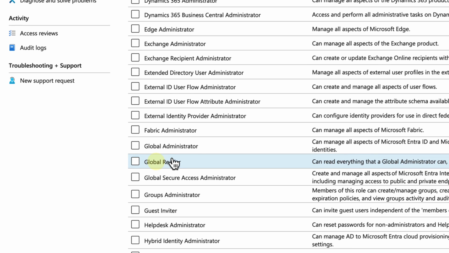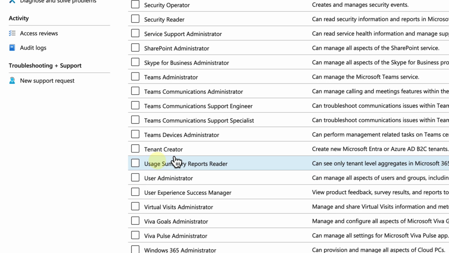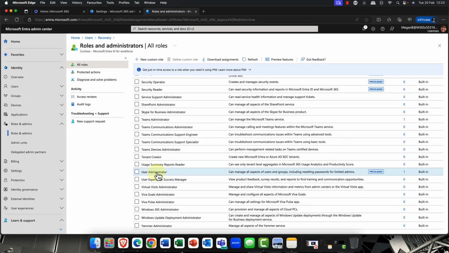And a top tip, what you can do, if you do want that user to obviously create users and manage users and groups, why not consider giving them the user admin role? This is the second most powerful group. And again, it's a fantastic way of just making sure that those permissions don't run away.